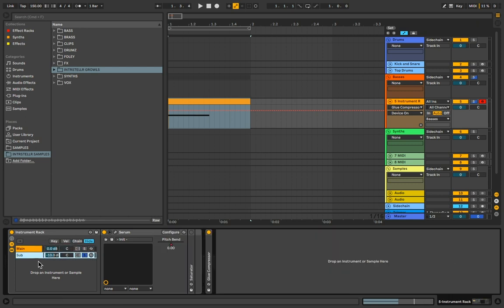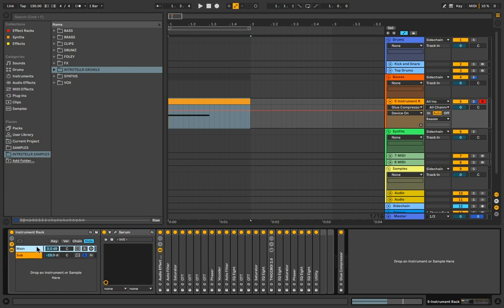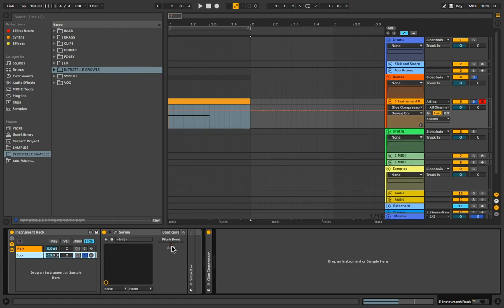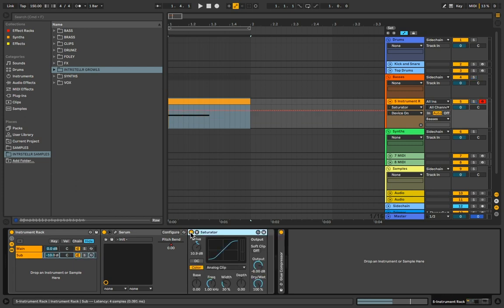If you guys want to make subs easily, I recommend just duplicating the first chain, going into Serum like I did, turning off everything and just turning on the sub, because then, for example, you can keep settings such as the pitch bend, which here I changed, actually, which I should actually match because that is not matching. Anyways, then I just got a saturator on it,